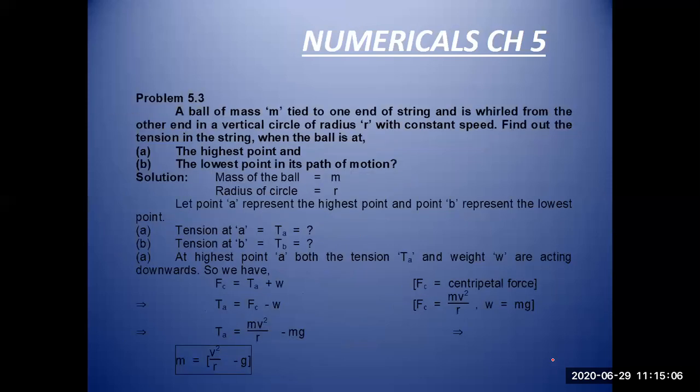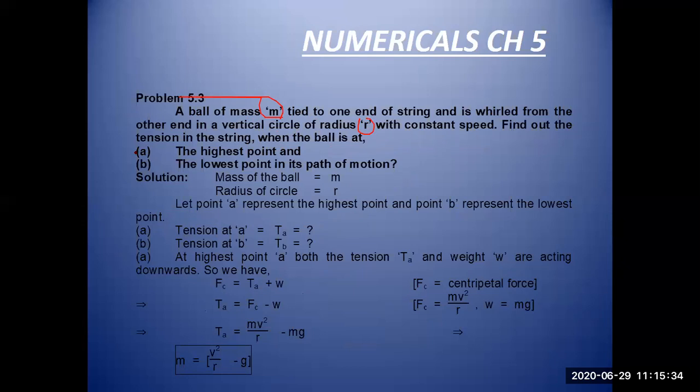We are basically learning to solve some of the problems related to rotational motion. Here, a ball of mass m is tied to one end of a string and whirled from the other end in a vertical circle of radius r with constant speed. Find the tension in the string when the ball is at: